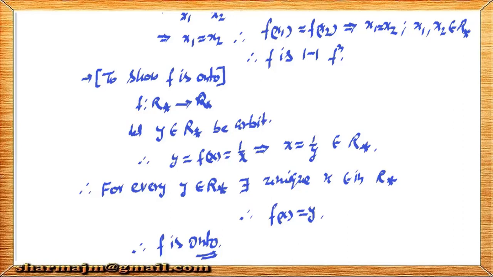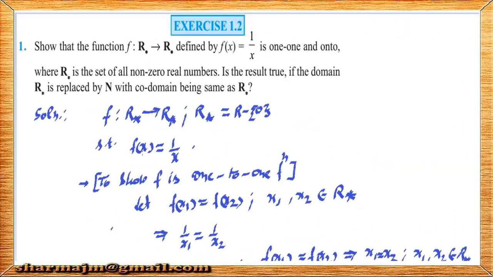Once again you can see here, if you take any two images then pre-images will be the same, hence the function is 1-1. If you take any element of the domain, its reciprocal will come out unique and it will be real, therefore this is a 1-1 function. And for onto, if you take any element of the codomain, its pre-image will be its reciprocal, which is also real. Therefore every element of the codomain has its pre-image, so it is onto. So this function is 1-1 and onto, so it is an invertible function.